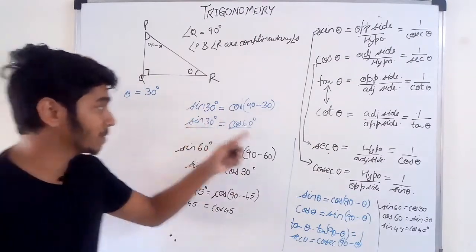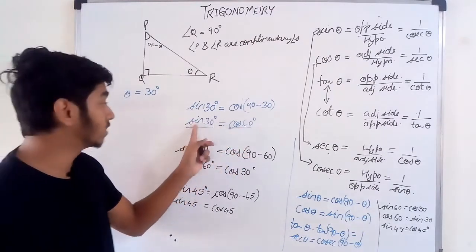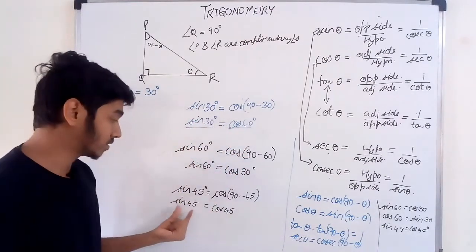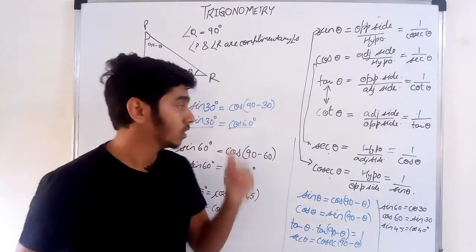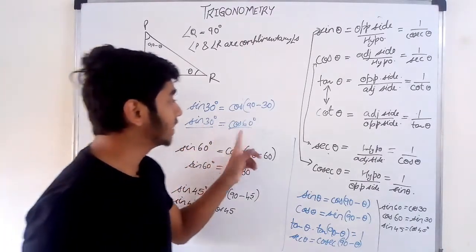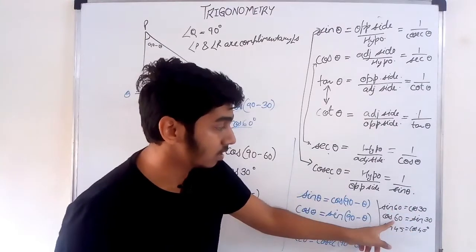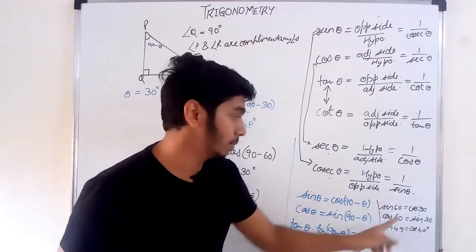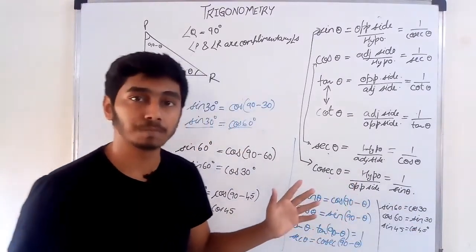Now, one thing you must be wondering is, how do we find sine 60 or cos 60? Sine 30, cos 60, correct? Or sine 45, cos 45. How do we find all this? So let's find that out. For finding sine 30, cos 60, all these values, sine 60, cos 30, cos 60 and sine 30, ultimately these two are same, but let's find them individually also.